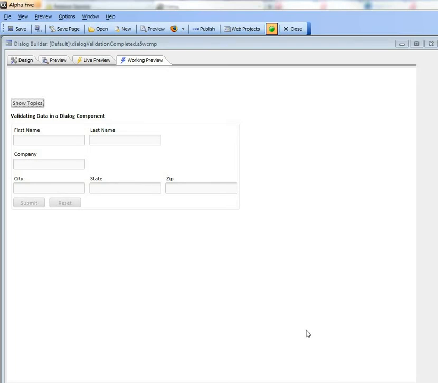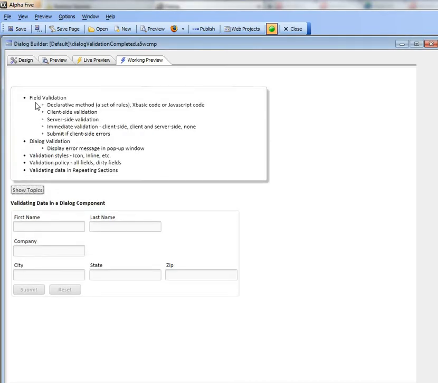Okay, we're continuing our discussion on validation options in the dialog component, and we've discussed now the fact that certain types of validations can be performed on the client side just using JavaScript without having to make an Ajax callback, whereas other types of validation need to be done on the server, and so an Ajax callback is required. We've also discussed the difference